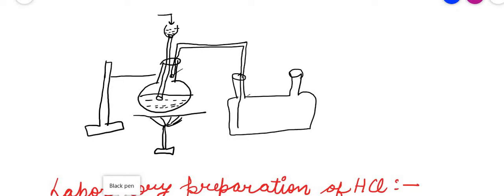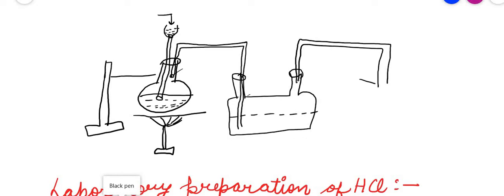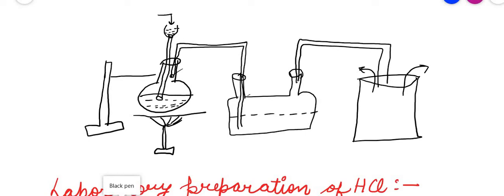This tube is going downwards, and there is a solution written there. Another tube is coming out from this end, and this tube is just entering this jar. That jar contains nothing, just the air in it. That air must be present. This is the inlet. The dry air is present in that.